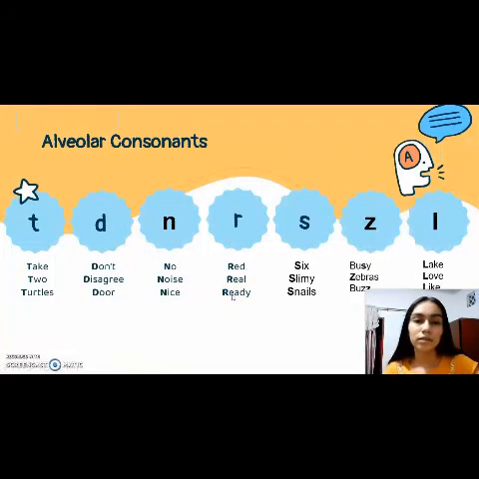These are the alveolar consonants. As you repeat the following words, take note of where the tongue hits the roof of the mouth. The first sound is like t, t, as in the words take, to, and tortoise. And the second sound is like d, d,